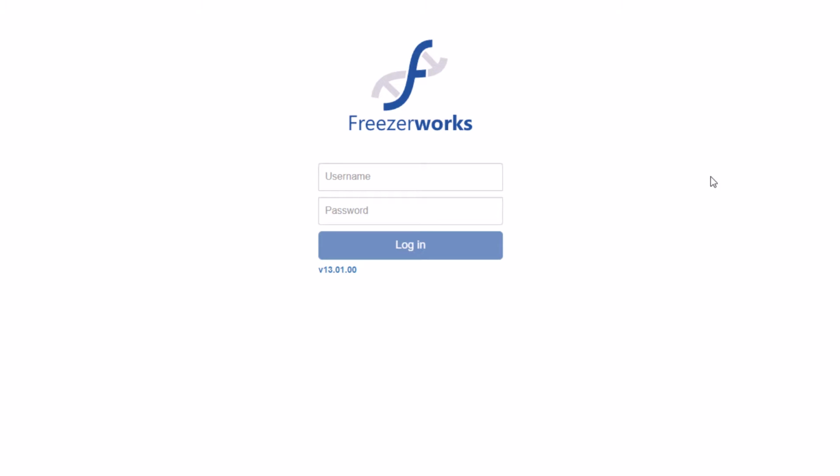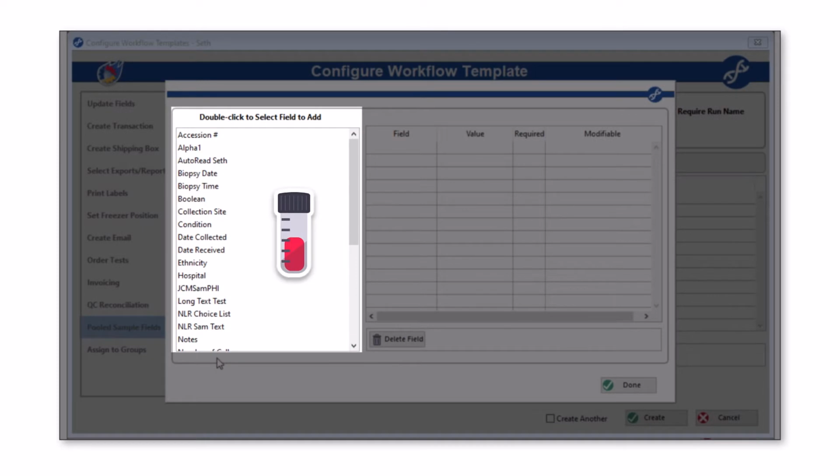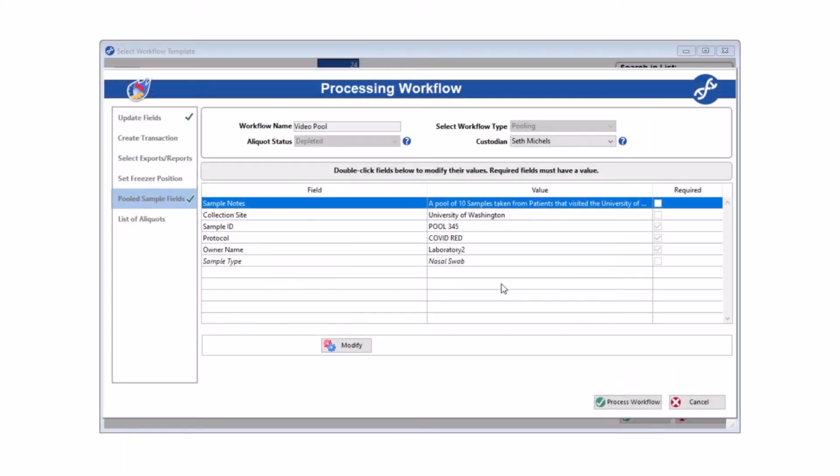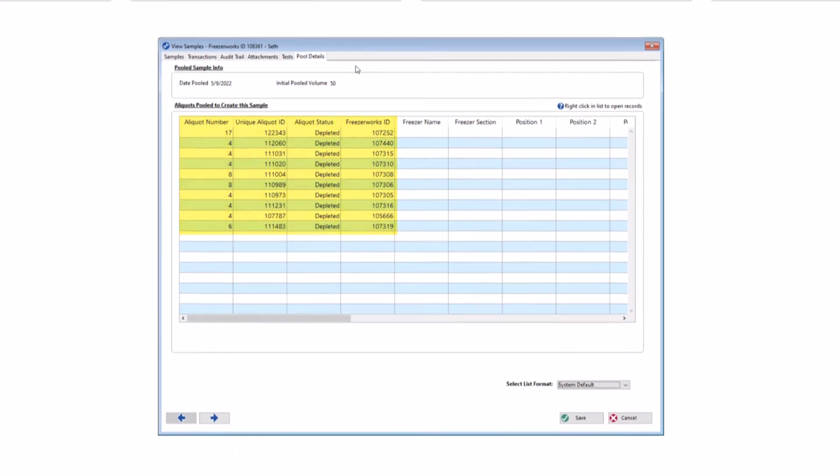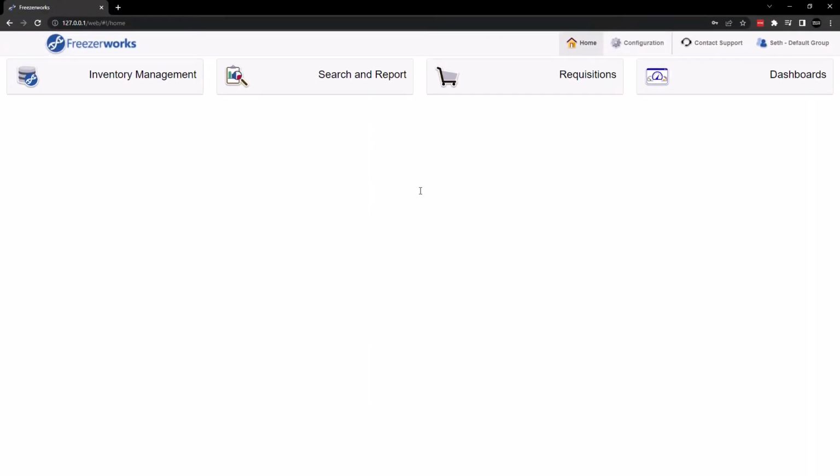Today we will continue our deep dive into the exciting brand new feature, pooling. In pooling part 1, we created a pooling workflow, processed it, and took a quick look at what a pooled sample is like in Freezerworks. In this video, we will discuss how to search for pooled samples and their source aliquots on the web client, including a new form of saved searches specially designed for finding pooled samples. We will also go into detail about viewing pooling data through two new samples entry form pages, Pool Details and